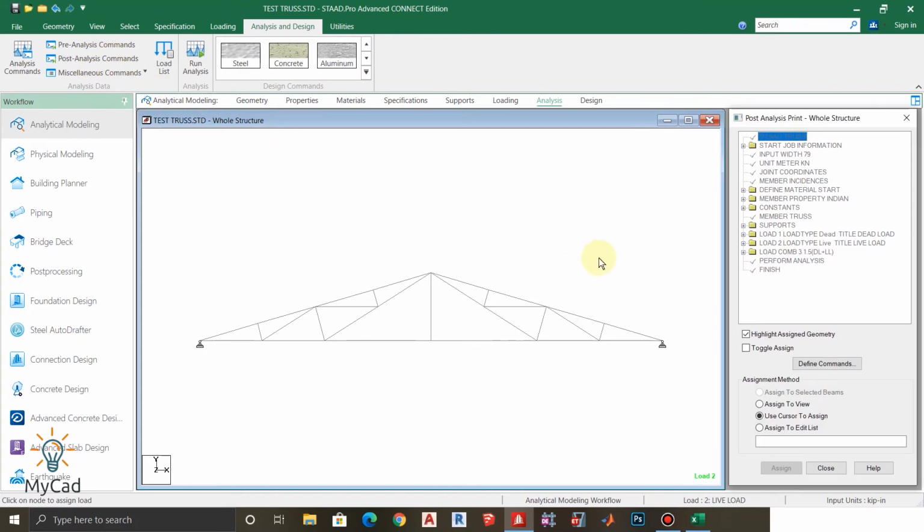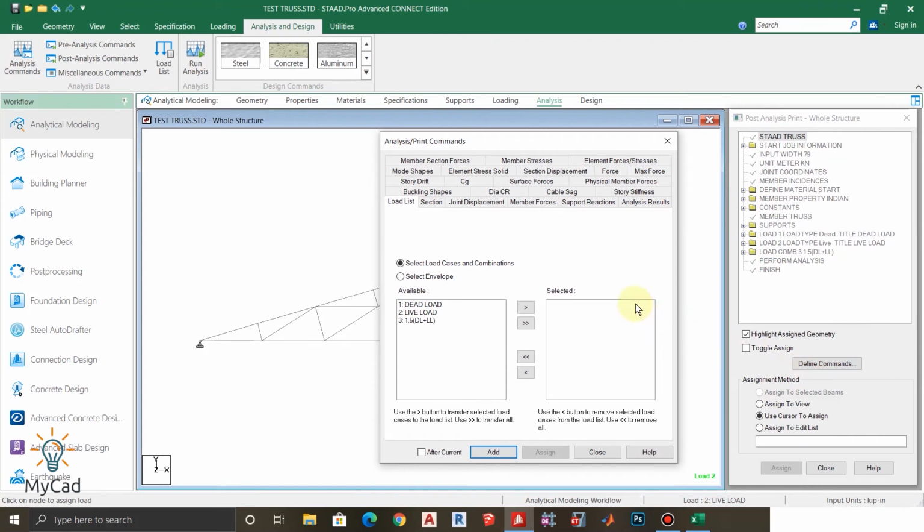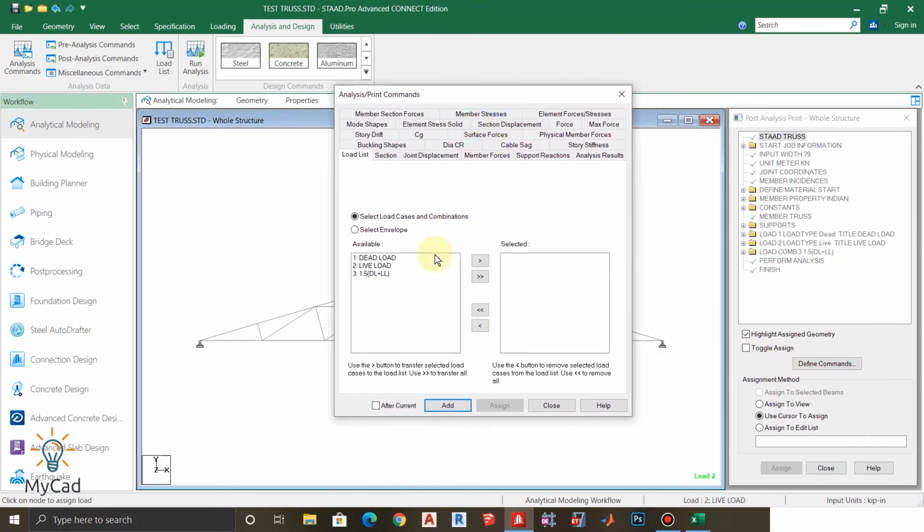These post analysis commands are used to get the reactions, member force, etc. As you have come to the post analysis command option, here you have once again the define commands option. So just click on define commands, and our commands will be for all these load cases and load combinations.